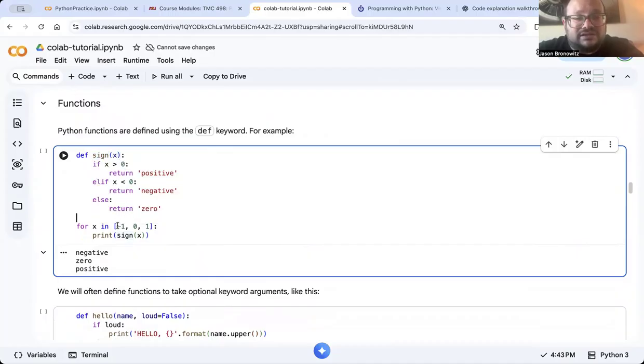So if we give it a list of x values of -1, 0, and 1, we want to know what's the sign of each of these numbers. Is it negative, 0, or positive? So this is the logic for that. And then we can take this and